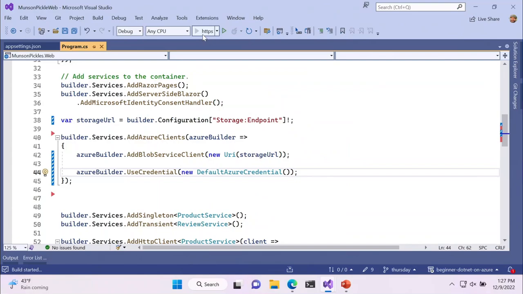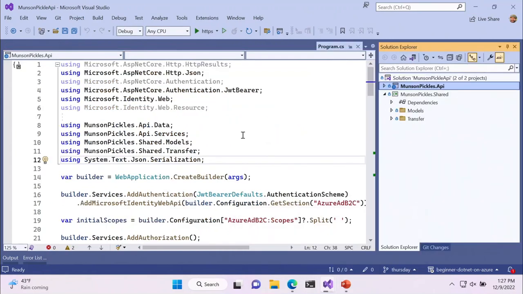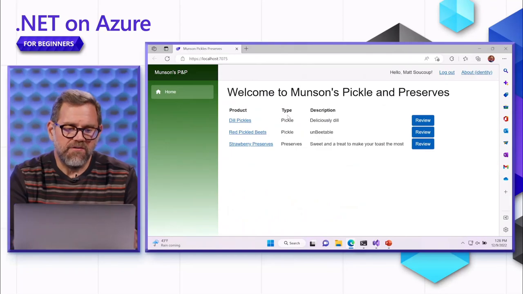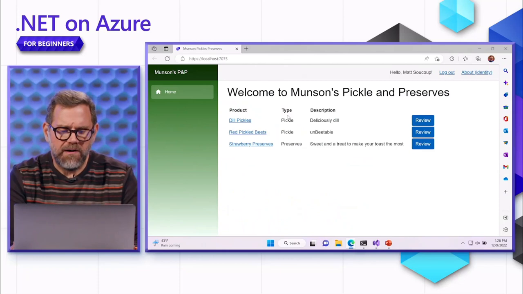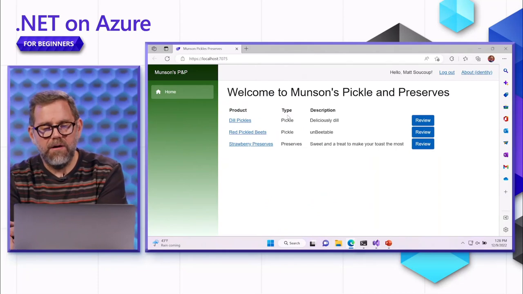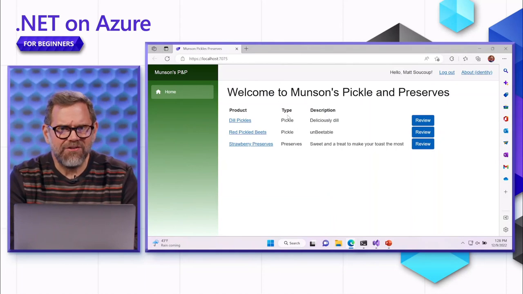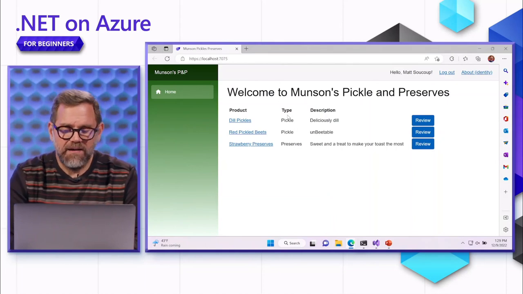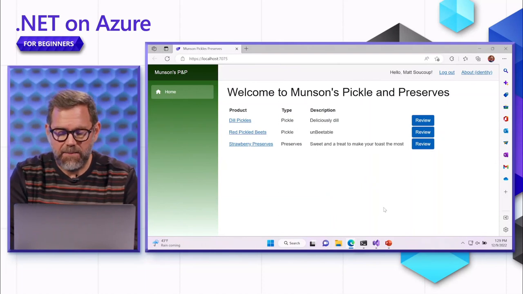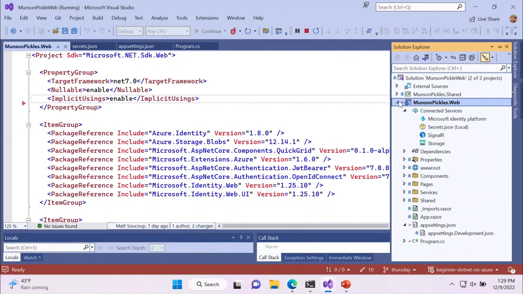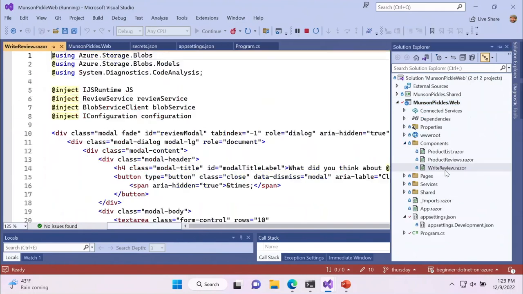So let's run this. I should start up my web app, web API right away too, otherwise I will get an error. All right, so it's coming through. It wants me to log in. So now I have my web app up and running. It's calling over to my web API to get the data down. So far so good. I haven't actually tried to get at the storage API yet. So when I do get at the storage API, and that's going to be in my write review component,